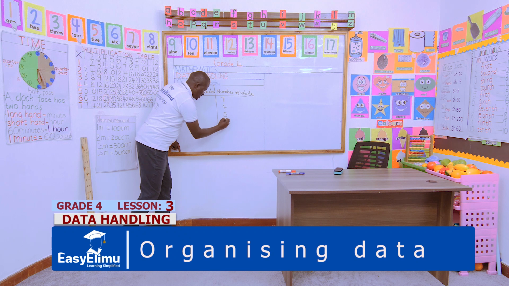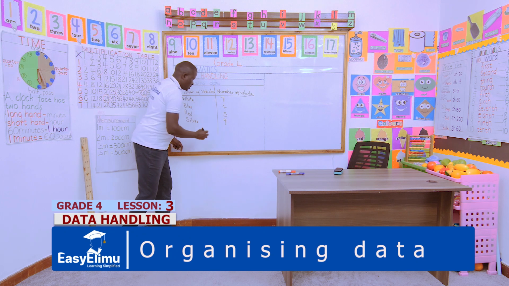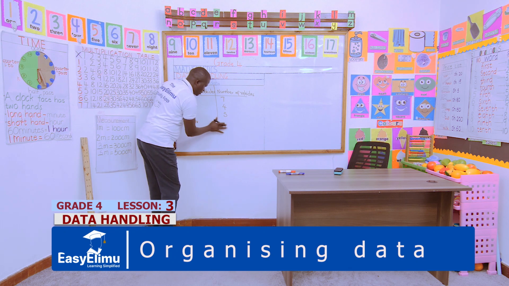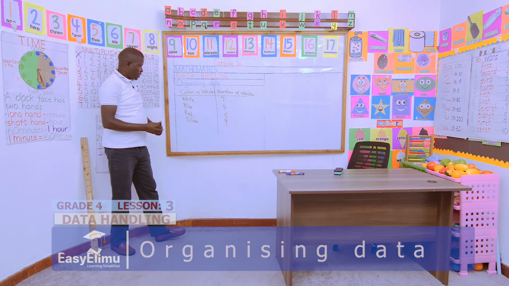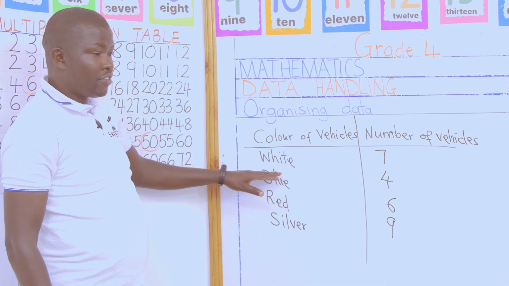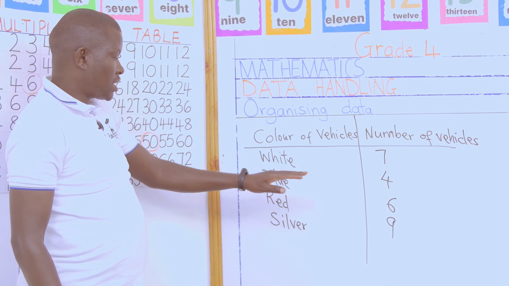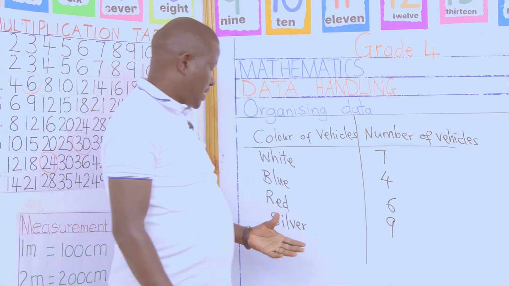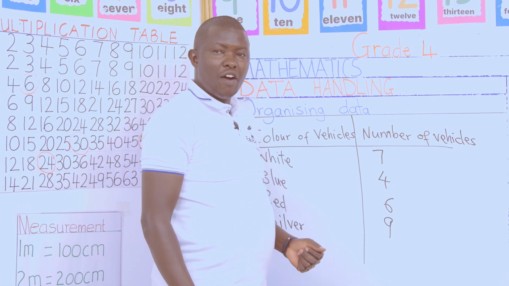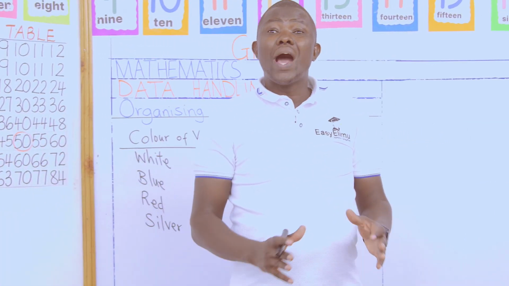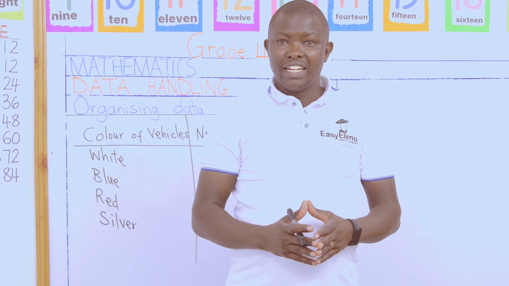We had 9. Let us use that report. White color vehicles 7, blue color vehicles 4, red color vehicles 6, and silver ones were 9. Now, learners, we want to organize this data in a